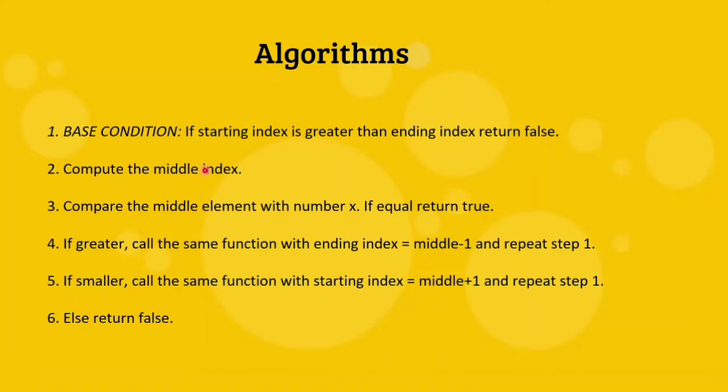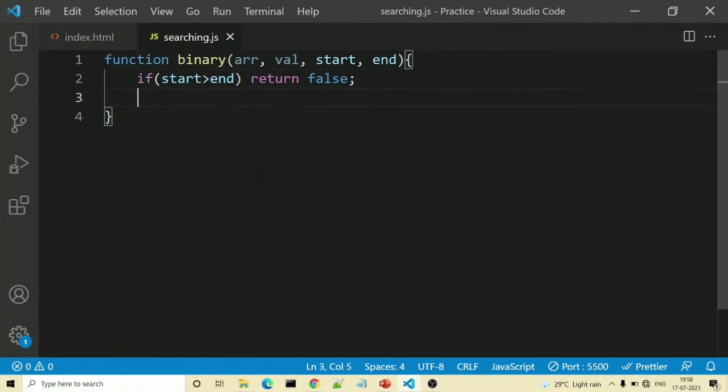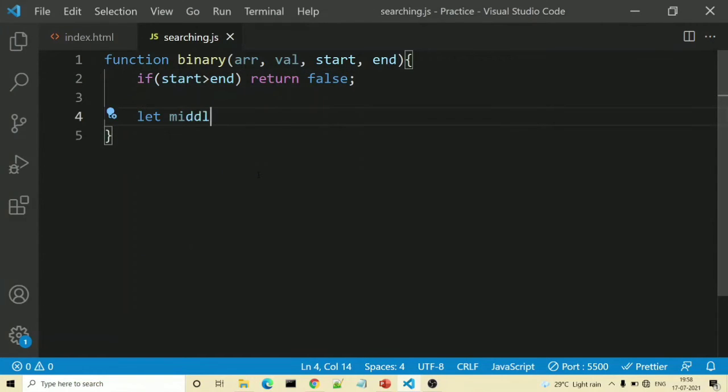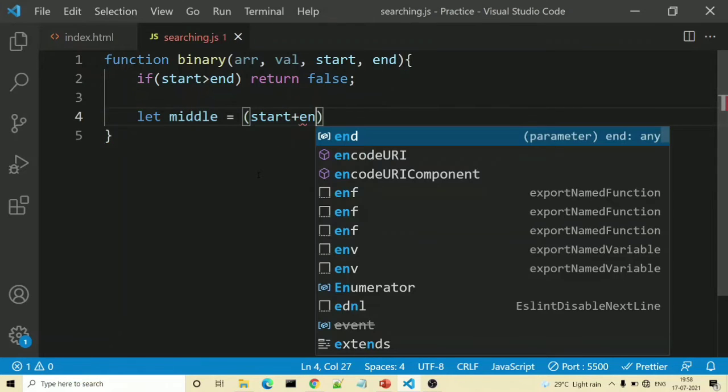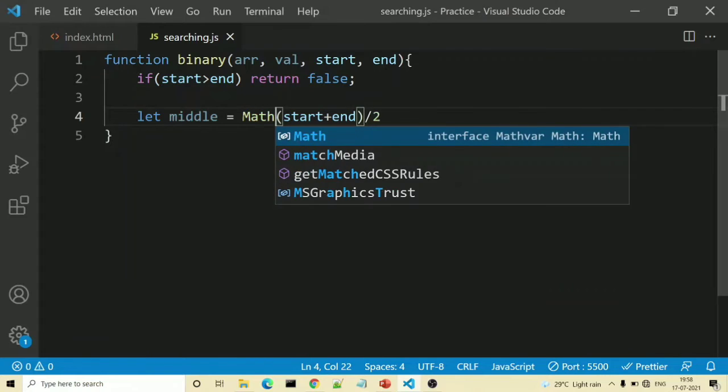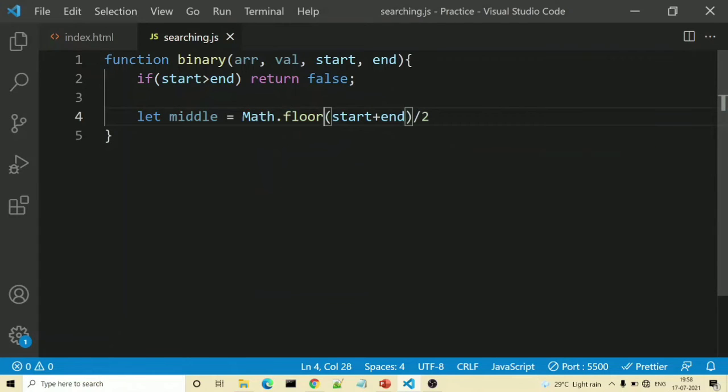Then compute the middle index. So we will go down and write let middle is equal to start plus end divided by 2. But there may be a condition: this value will come in the form of a decimal. For that we will write Math.floor and wrap this thing inside that.